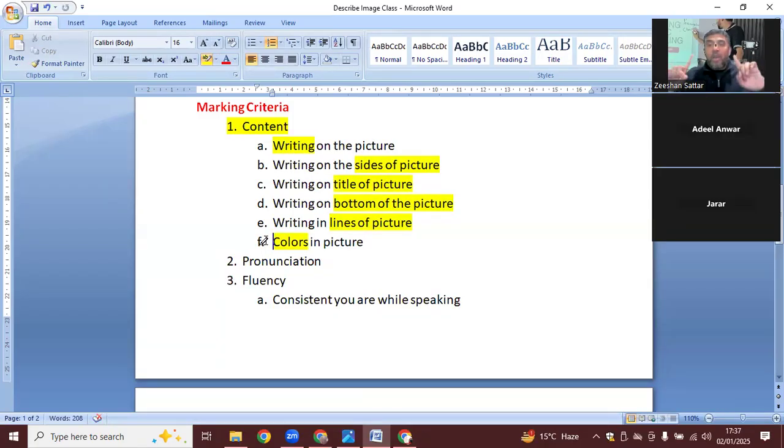And if we are not going to speak it completely, that means we are going to get lesser number in the contents. Number one. Number two, the second marking base is the pronunciation, the correct voice of the word. एक बात मेरी याद रखिएगा, आप अगर ओवर स्पीडिंग करेंगे तो कंटेंट को मिस प्रोनाउंसिएट करेंगे ड्यू टू द स्पीड, एंड वर्ड जब मुंह से गिरेगा तो प्रोनाउंसिएशन डैमेज होगी, कंटेंट भी गिर जाएगा. सो प्रोनाउंसिएशन मींस द करेक्ट वॉइस ऑफ द वर्ड.